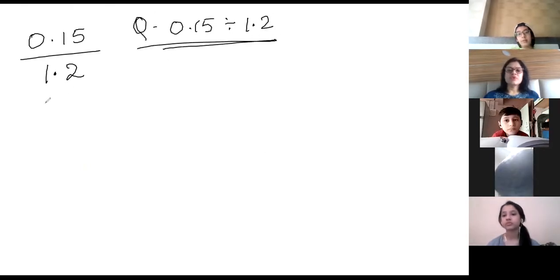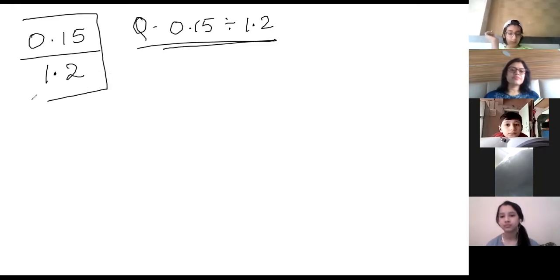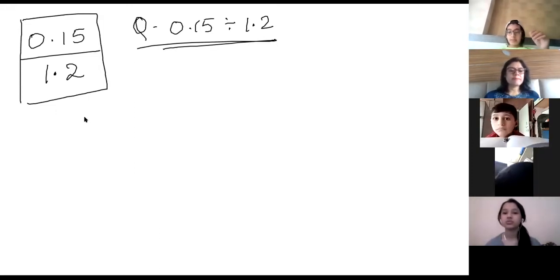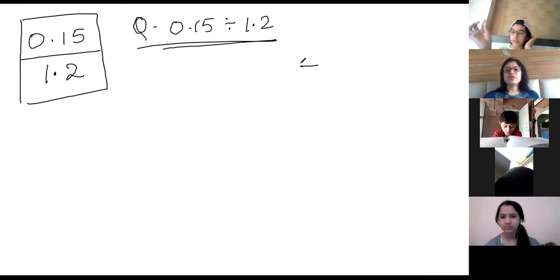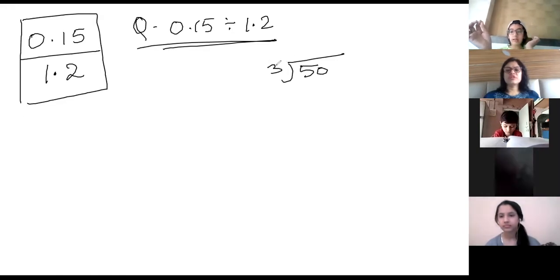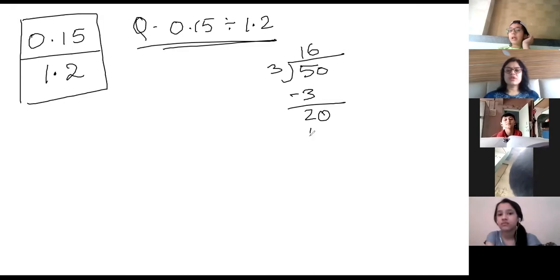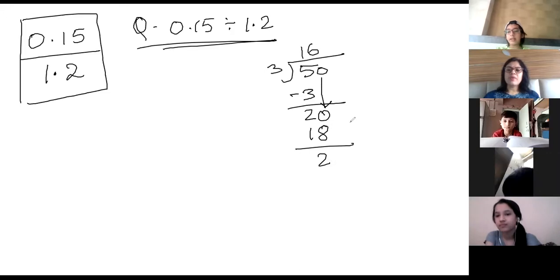Ma'am, sorry, but I had a doubt. Yes, Abdullah. In the last question, when you got 2, then you took that 0 down. It was 50 by 3, right? You got 3, 2 5 from it, minus 3 is 2, 0 came down, 3 6. Then you got 2 again.